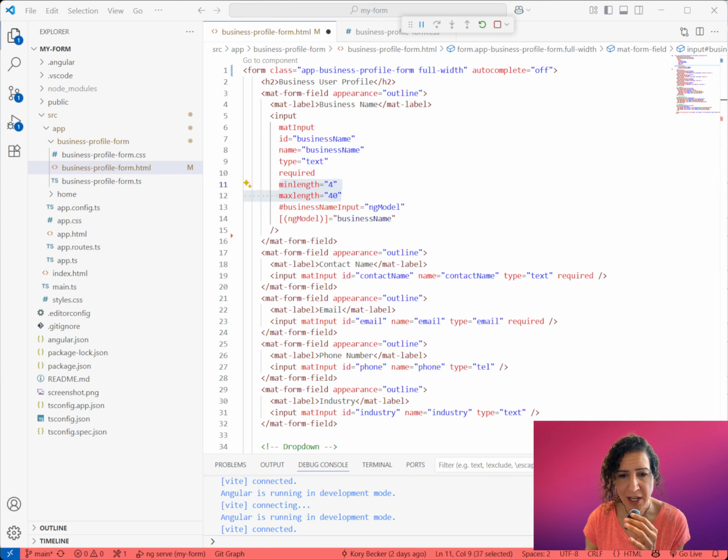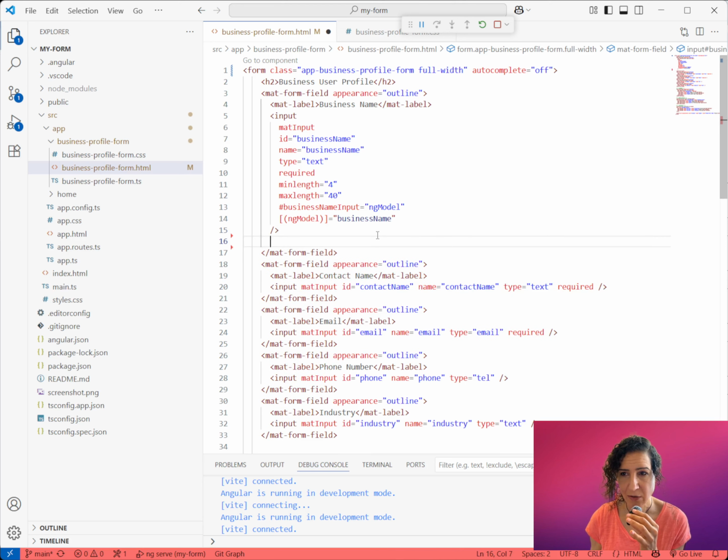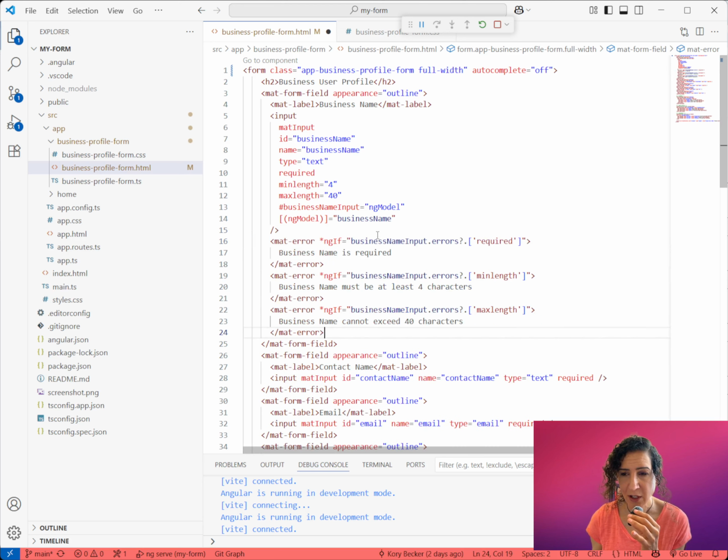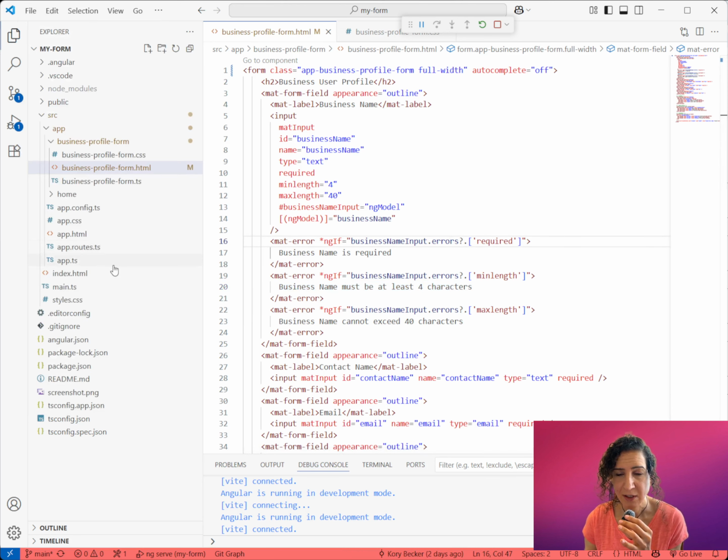Now, once you've done that, you will still need to add in the Material UI errors. So we can do that right here after the input element. We'll just add in these error conditions. So if there's an error with maxlength, it must be between... first it has to be required. If there's an error with minlength or maxlength, we print out an associated error. So if we save this now and we take a look at the result,